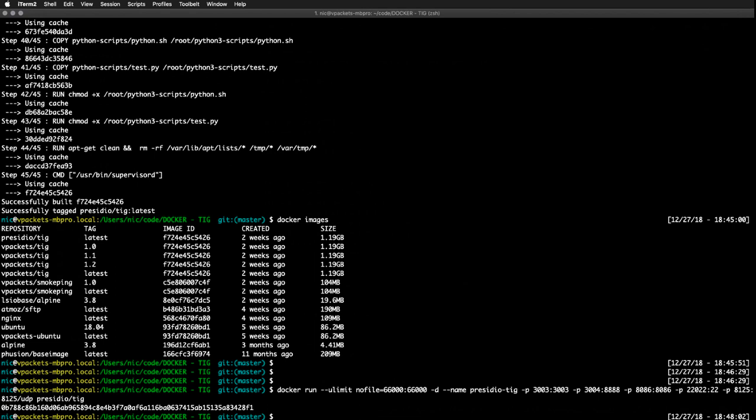And as you can see now, it gives me an ID. So if I go into that container, if I log into the container, so